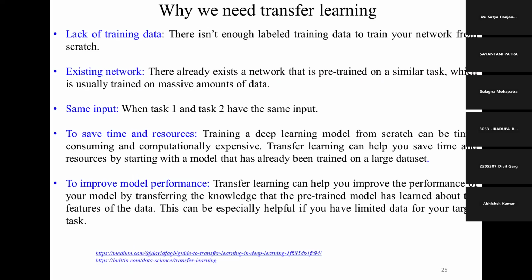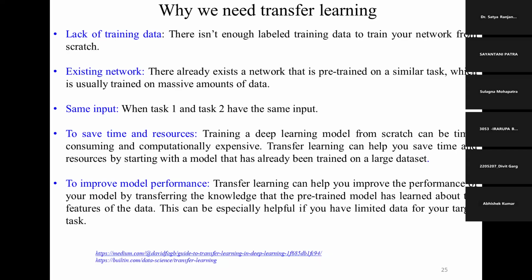When we lack training data. For example, someone has already trained a model on cancer data to find out whether it is cancer or non-cancer. But at the hospital I am working at, there is not much data for cancer and non-cancer. I can reuse the model already developed by the researchers of hospital A, because it's the same kind of data.